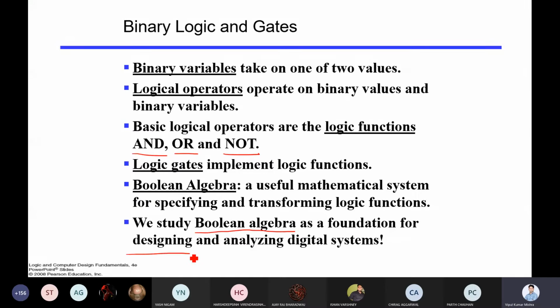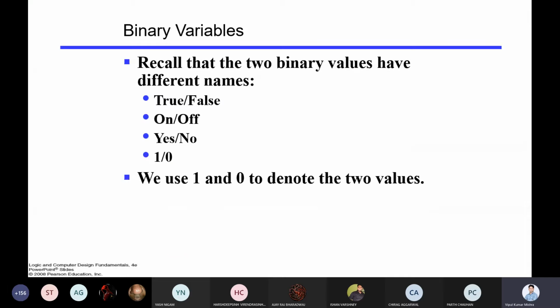We are going to design and analyze digital systems, right? Whatever digital system we make, be it an adder, a subtractor, or some bigger digital system like a processor or memory, we are going to analyze which one is better. Suppose two persons have given two different options, then we can analyze which one is better, or better in which terms. That is also important, so we'll see that in this entire course as well.